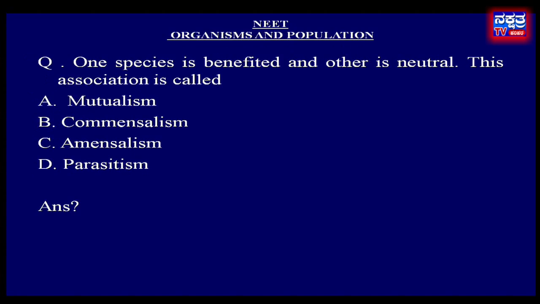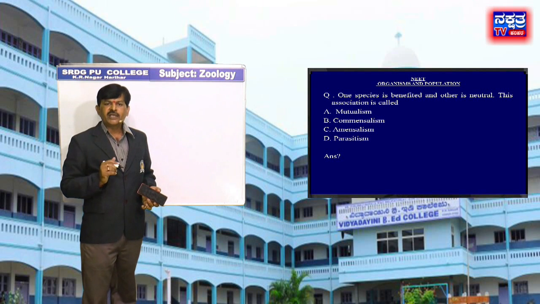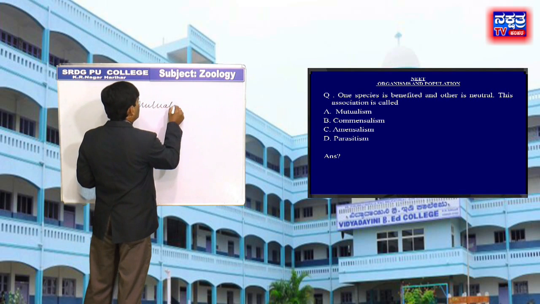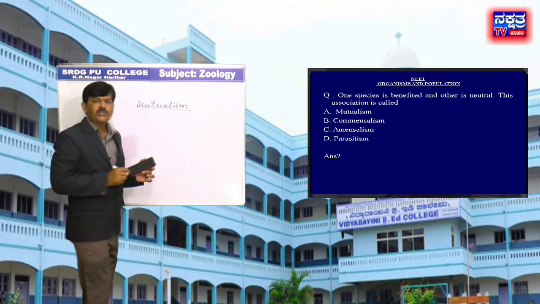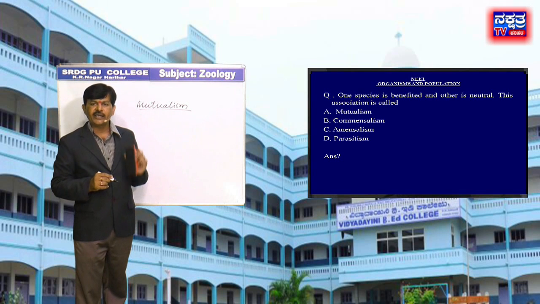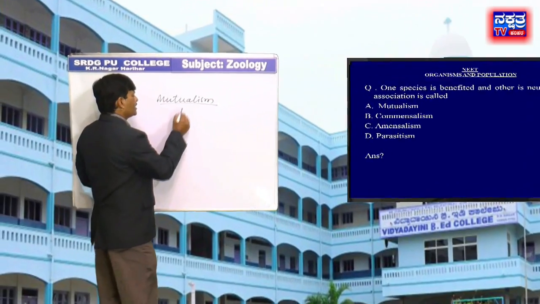Move to next question. One species is benefited and other is neutral. This association is called option A, mutualism, B, commensalism, C, amensalism, D, parasitism. In the given question, the given options are all animals' interrelationships. The first, mutualism. Mutualism can be defined as interactions between organisms of two different species